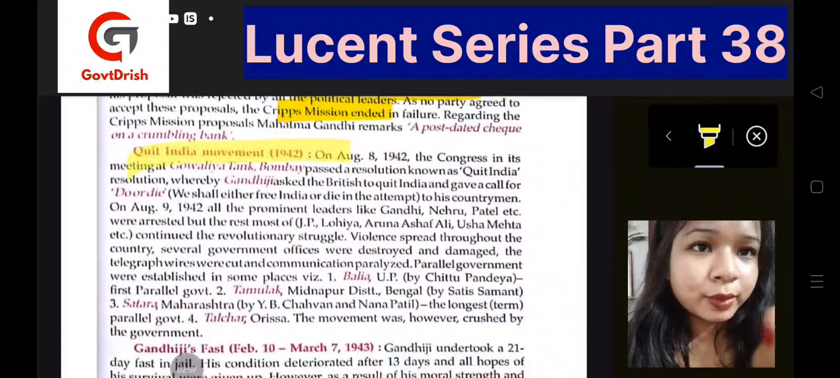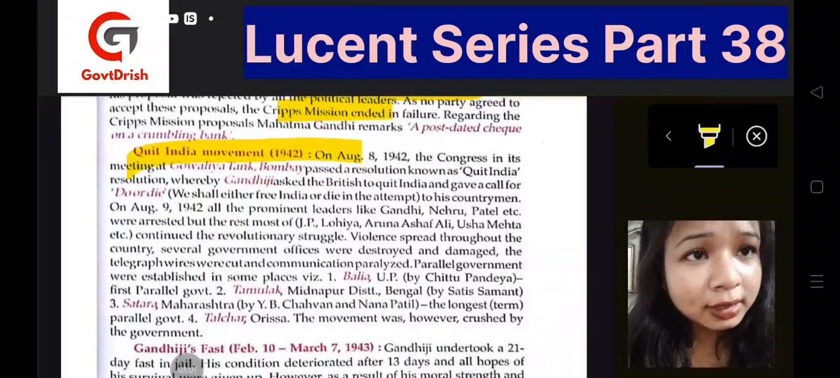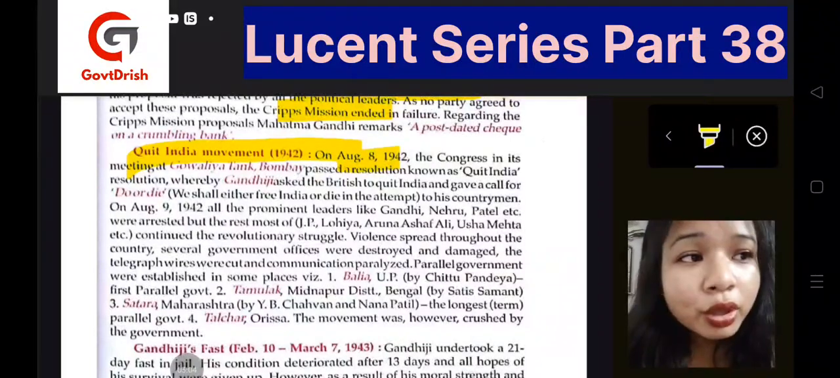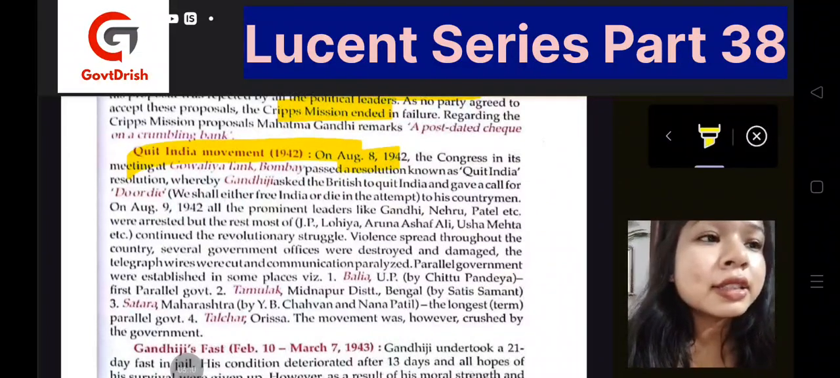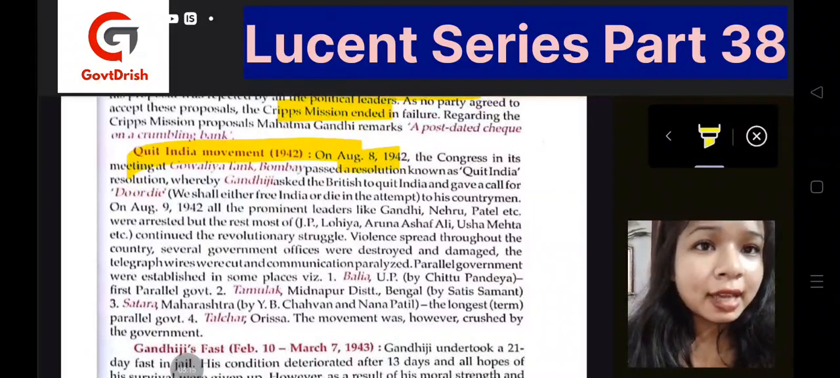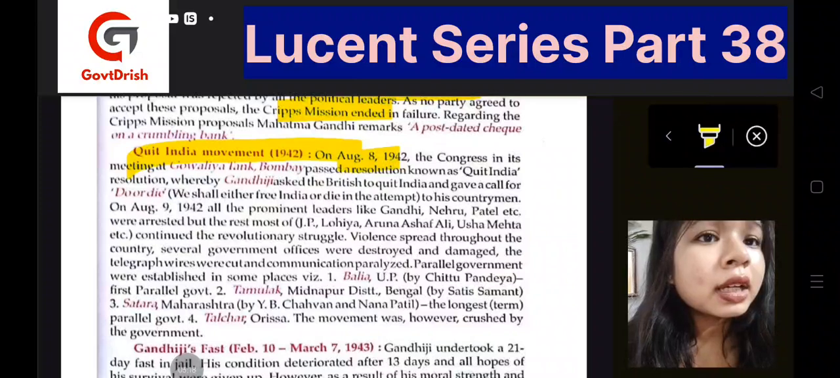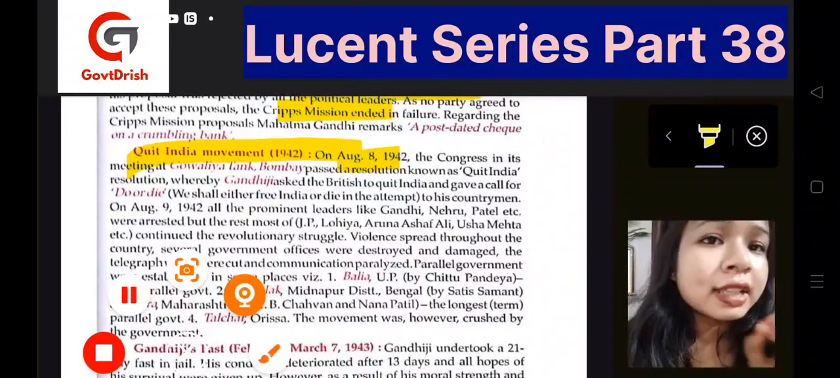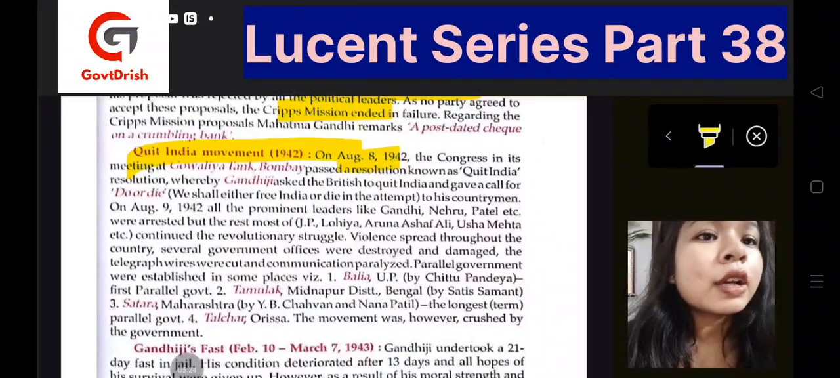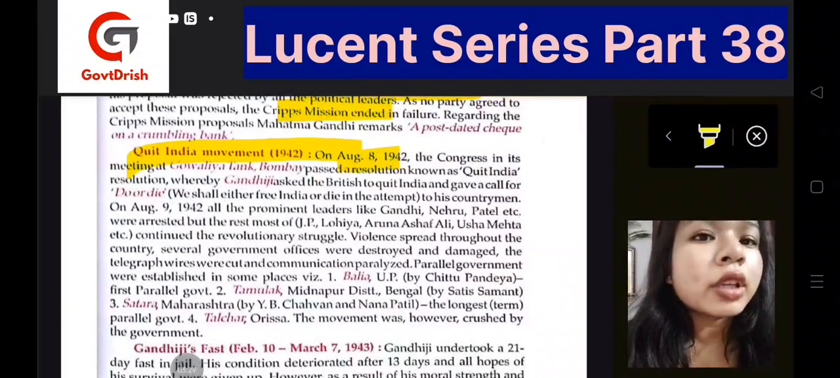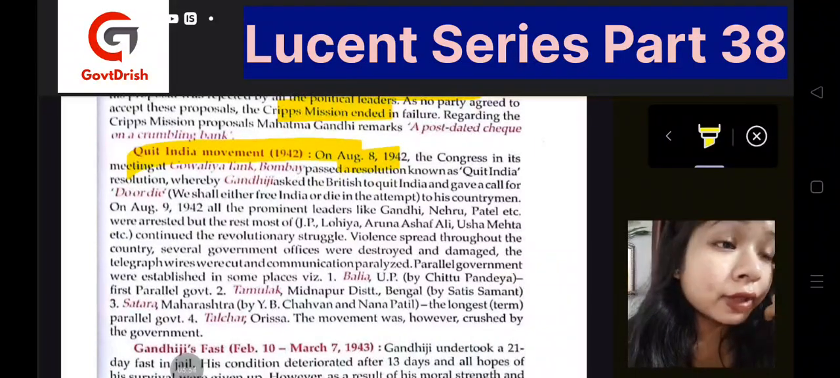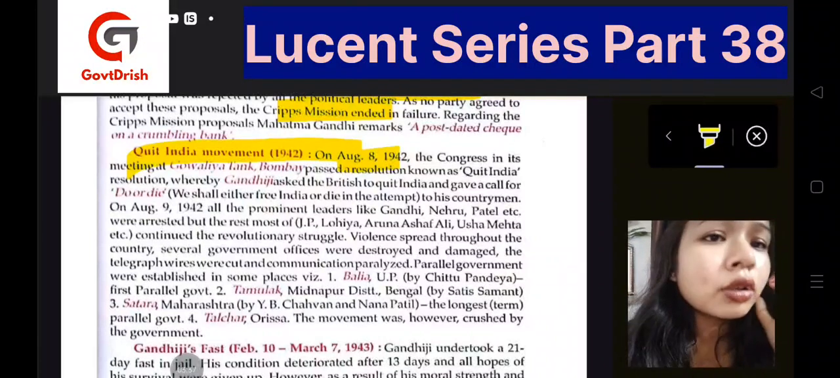Now, the Quit India movement, 1942. Remember the dates. It's very important to remember the dates, the facts, the names of the leaders and other important political leaders. Every name is important. There was a meeting at Gowalia Tank in Bombay that passed this resolution, and it was known as the Quit India Resolution. Gandhiji asked the British to quit India, and he gave the call: do or die. Either you give India the freedom they want, or we are ready to die for